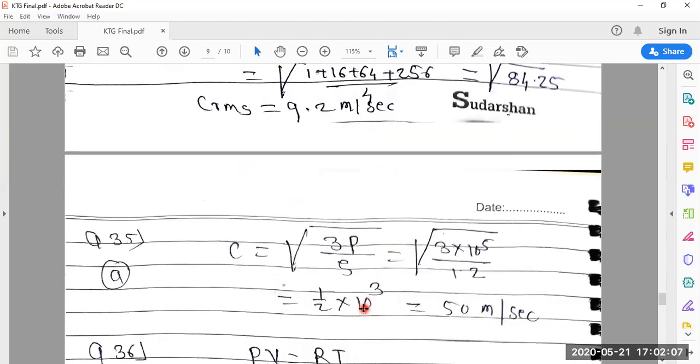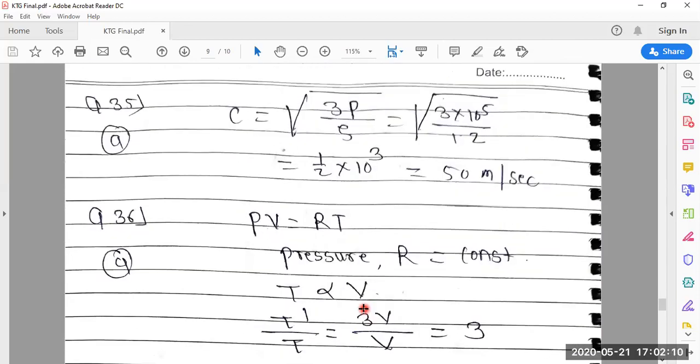Next one, question number 35. In question number 35, the density of air at a pressure of 10 raised to 5 Newton per meter square is 1.2 kg per meter cube. Under this condition, the root mean square velocity of the air molecules in meters per second is? In this case, the density of the air is given, it is 1.2. This is the equation of RMS velocity: the square root of 3P upon rho, the density of the air,